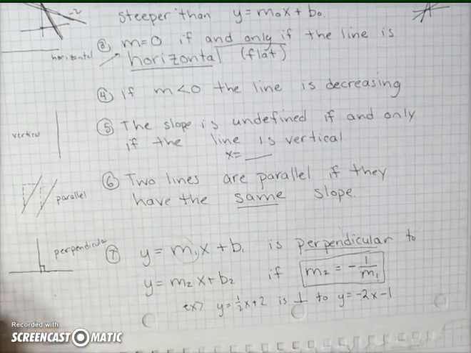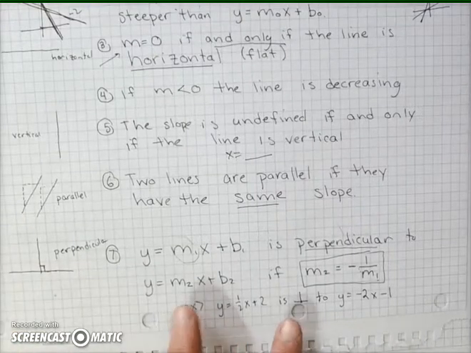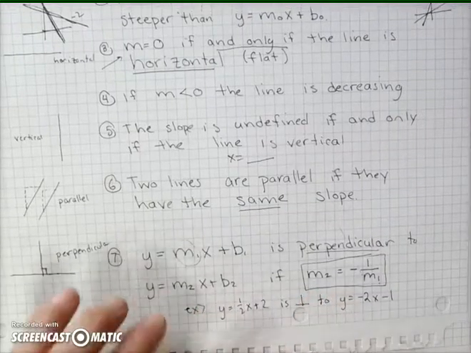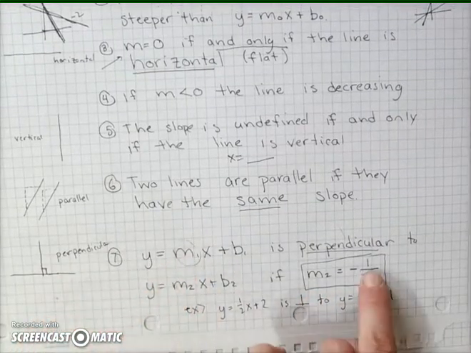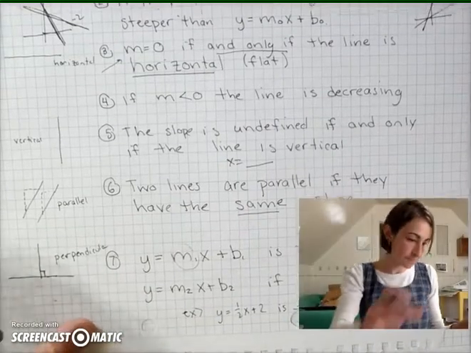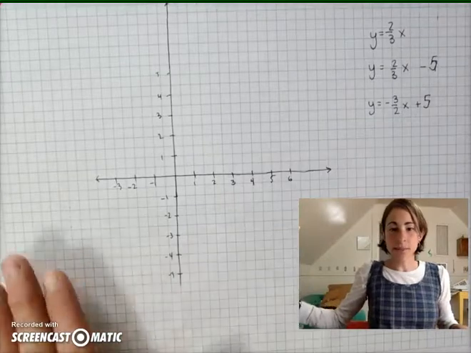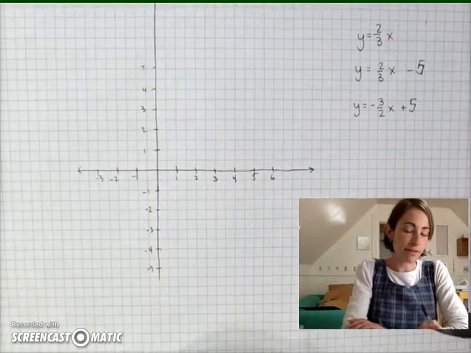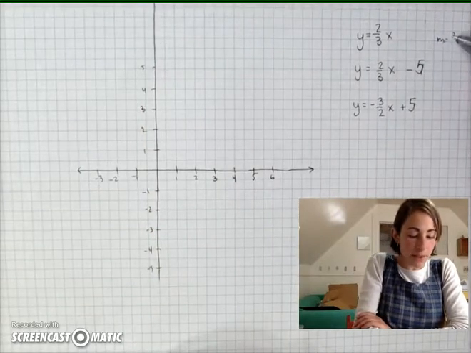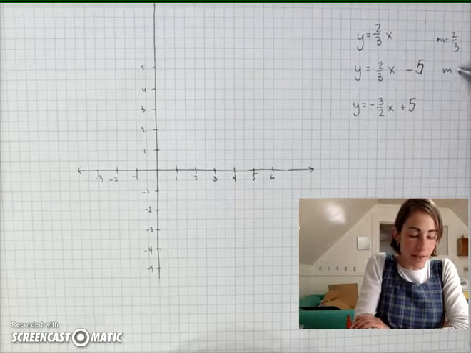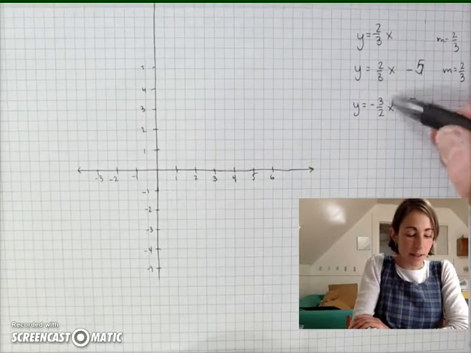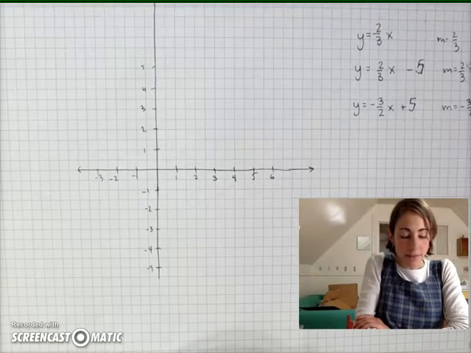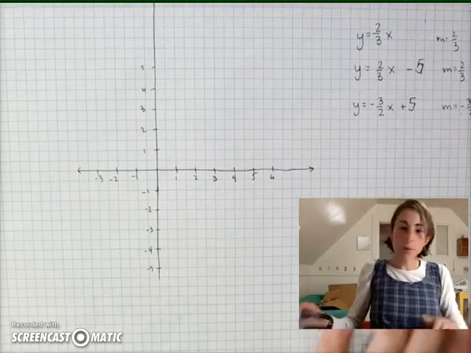Let's look at another example of that a little more carefully. So basically what we're trying to do here is find an indicator of perpendicular lines. So if one slope is the negative reciprocal of the other, the lines are perpendicular. So let's do this example together so you can see it a little more clearly. I have 3 different lines that I want to graph. The first one has slope equal to 2/3. The second one also has slope equal to 2/3. The third one has slope equal to -3 over 2. So I flipped it and took the minus. From the rules that we just said,